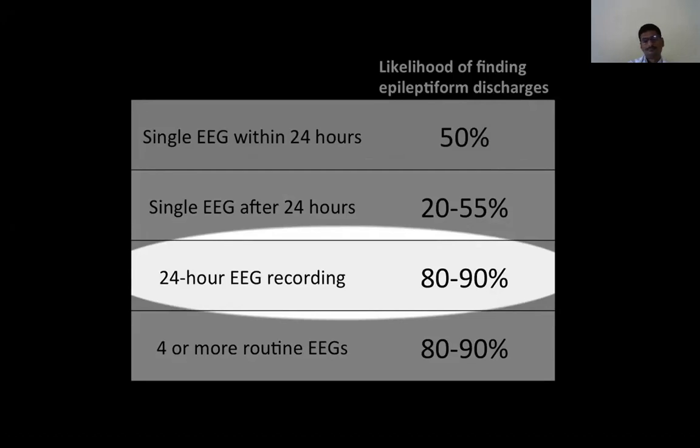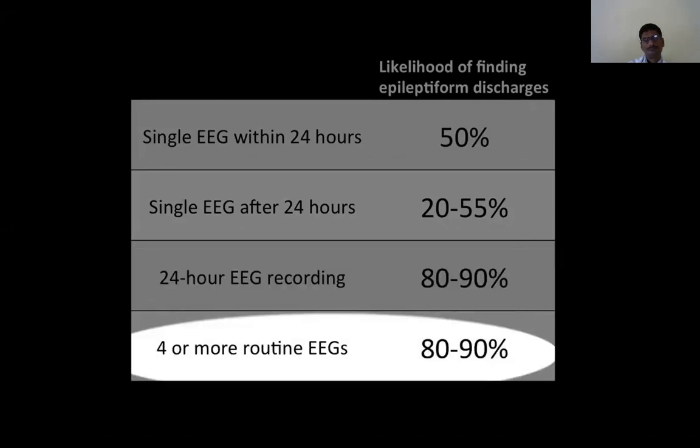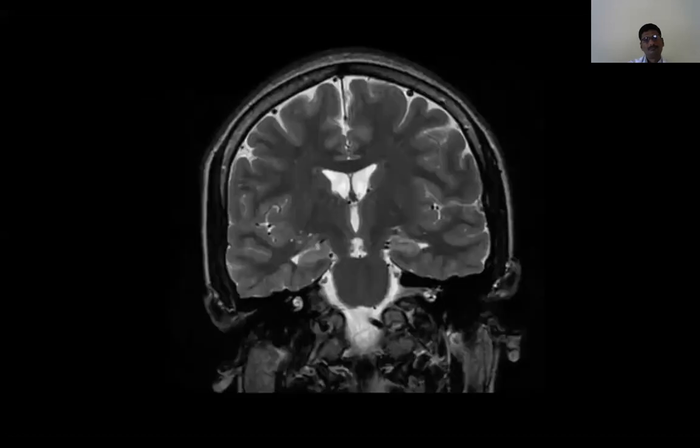But again, this means that 10 to 20% of the time, even prolonged EEG can be normal in a patient with epilepsy. Several routine 30 to 60-minute EEG recordings can produce the same yield as a 24-hour recording, but may be less practical. To think about why some patients with epilepsy might not have epileptiform discharges, we can consider a